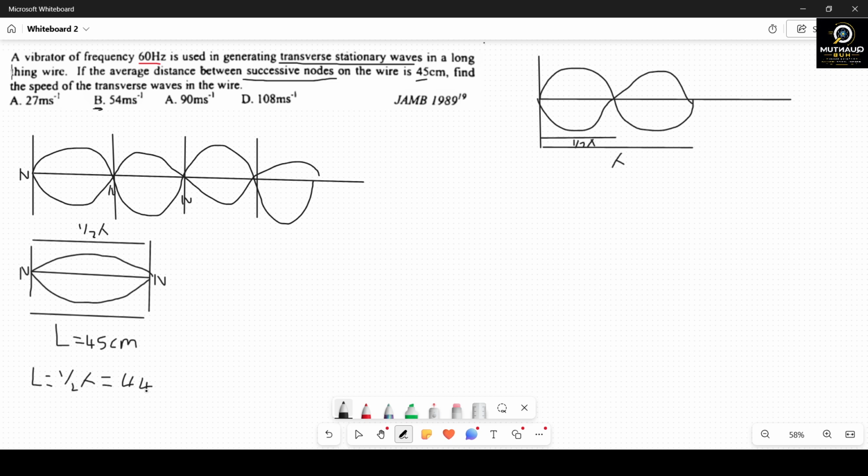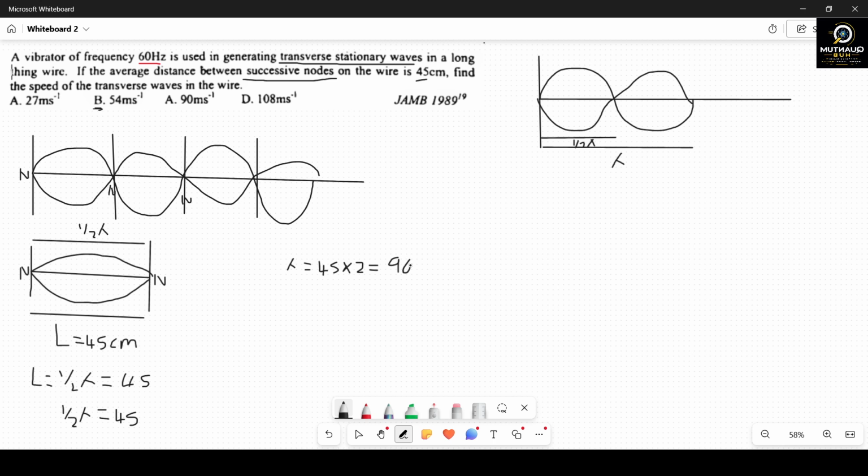So now we can easily say that 1 over 2 lambda equals 45. Then you can say lambda is equal to 45 times 2, which will be equal to 90